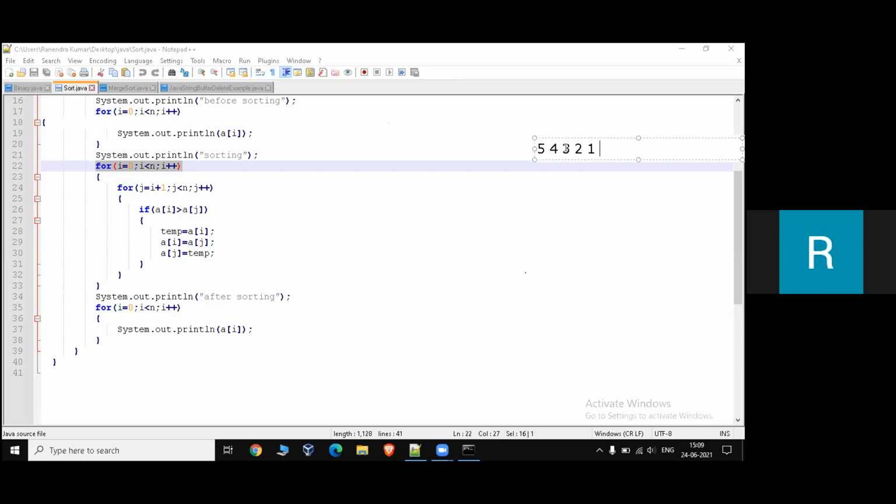Here I need to sort these elements into ascending order. First the condition is checked. Here we have 5 elements. The loop will execute only n minus 1 times. The last element is sorted automatically.